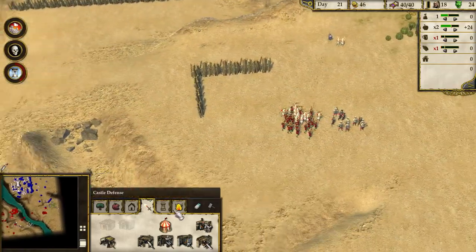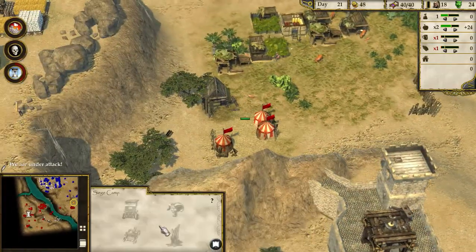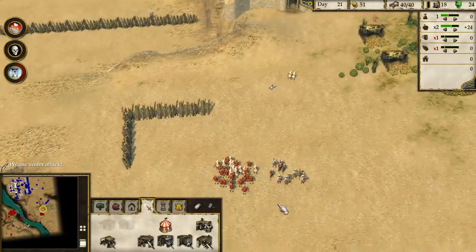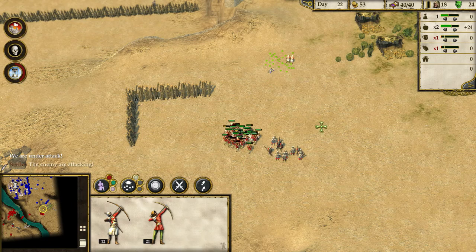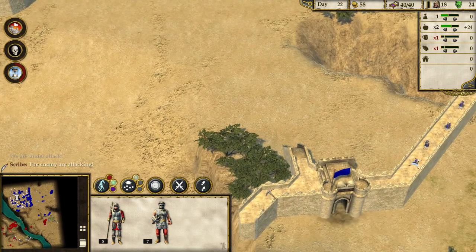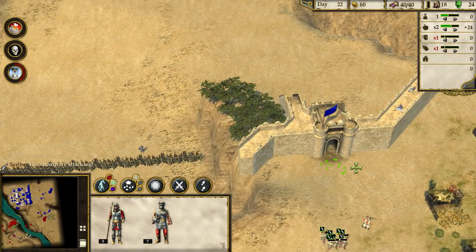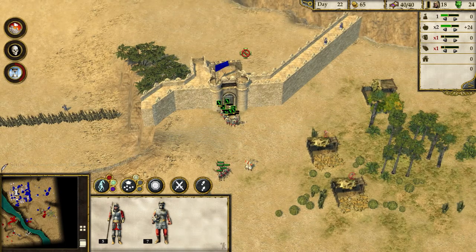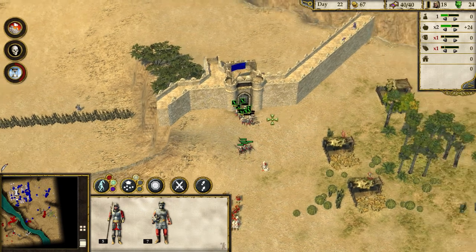We're already halfway through our time limit, which is a bit of an issue, because I spend all my money on regular units instead of trebuchets, but whatever. Get you guys moved up. Forward! Can you not get on the walls? Is the gate closed? Is that what's going on? Kill that guy. No one likes him. Well...